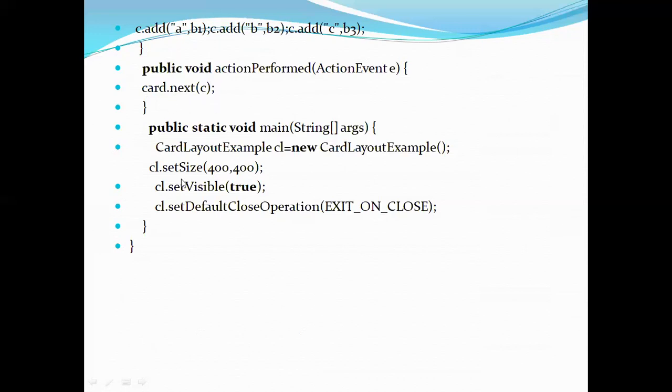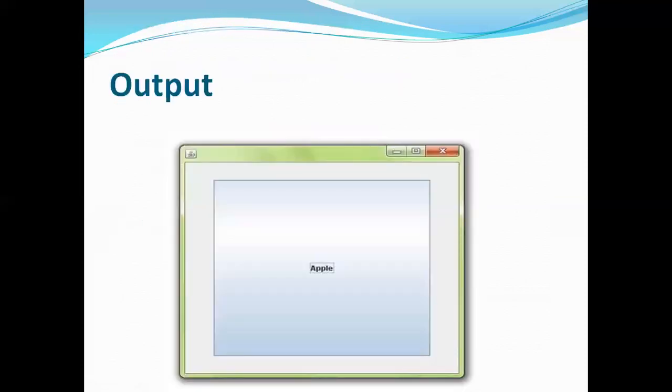If I'm at B1 and I press that, it should display the next one. If I'm at B2 and I press, it should show the next one likewise. And then I'm creating the object for my main class CardLayoutExample, and I'm mentioning the set size, visibility, and default close operation on exit. So this is about card layout. This is how your output will look.